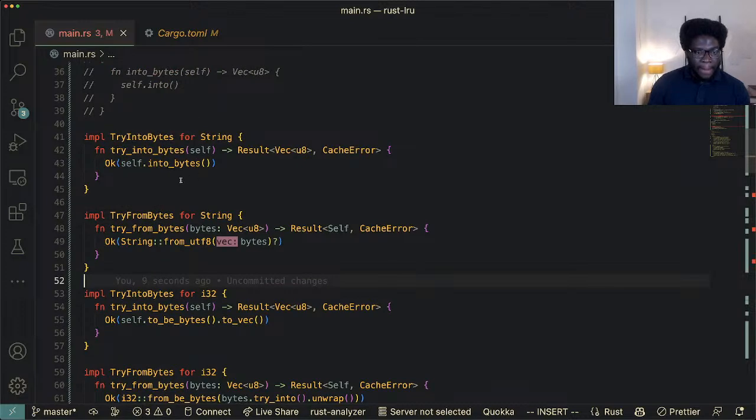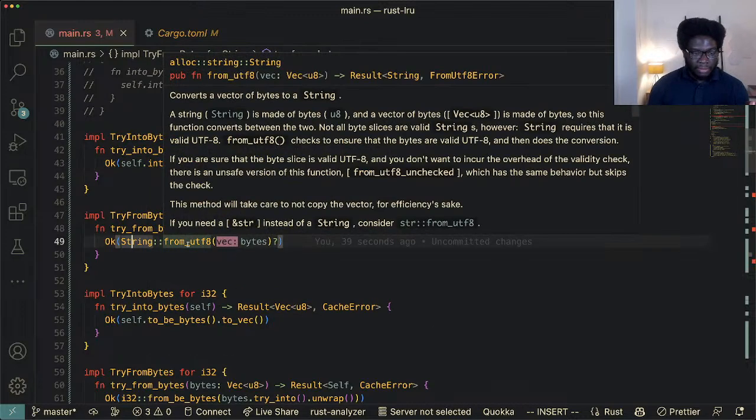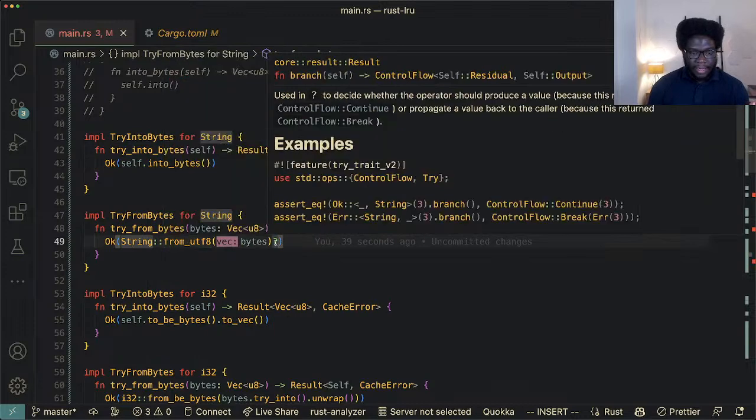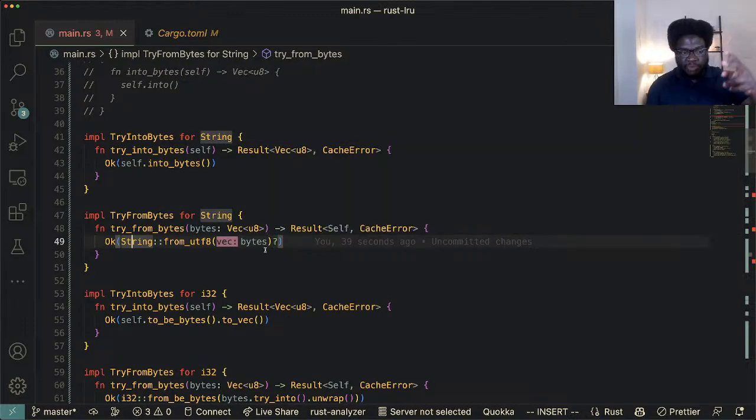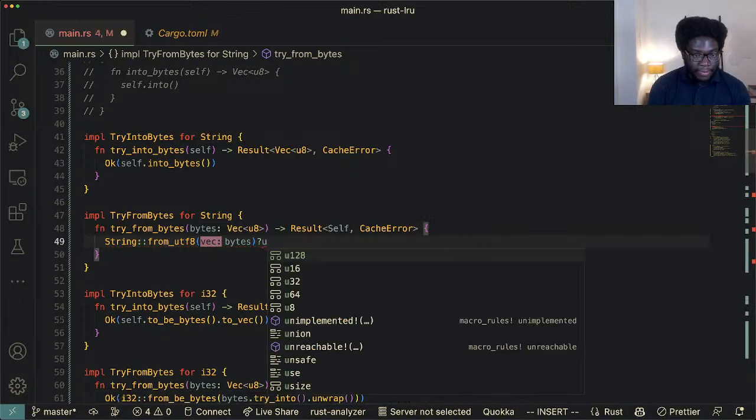Okay. The problem here, which some people might not notice, I think this is fine, right? Because into bytes returns a vector, and so there's no error there, which is fine. And here as well, notice that there's a question mark operator here to propagate the error up if it fails. If not, we just Ok that. However, what if do I need? Does that work? Okay. Anyways,